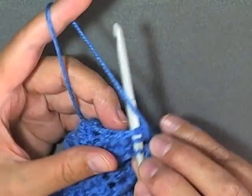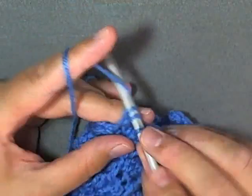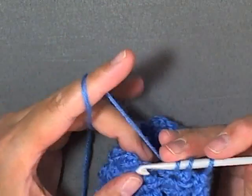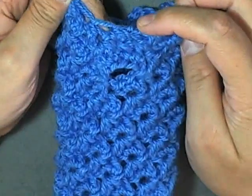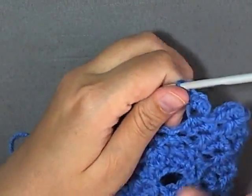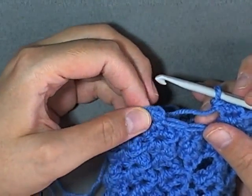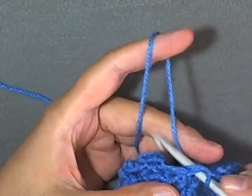So I'm going to go in through 1, and going through the first 2, do a decrease. Then I'm going to use the second 2, do a decrease. So decrease, decrease. And then continue your angel stitches as normal for this round till you get back up to your thumb area here again. I'm back up above my thumb. Here's my thumb. Just finished my last angel stitch, and I have these 2 spaces here before my next angel stitch starts here. What I'm going to do is go in and do a decrease